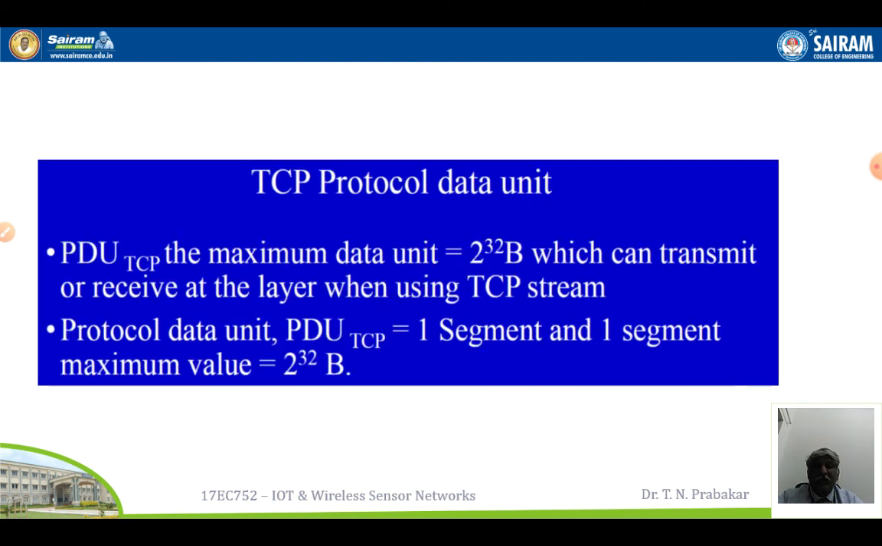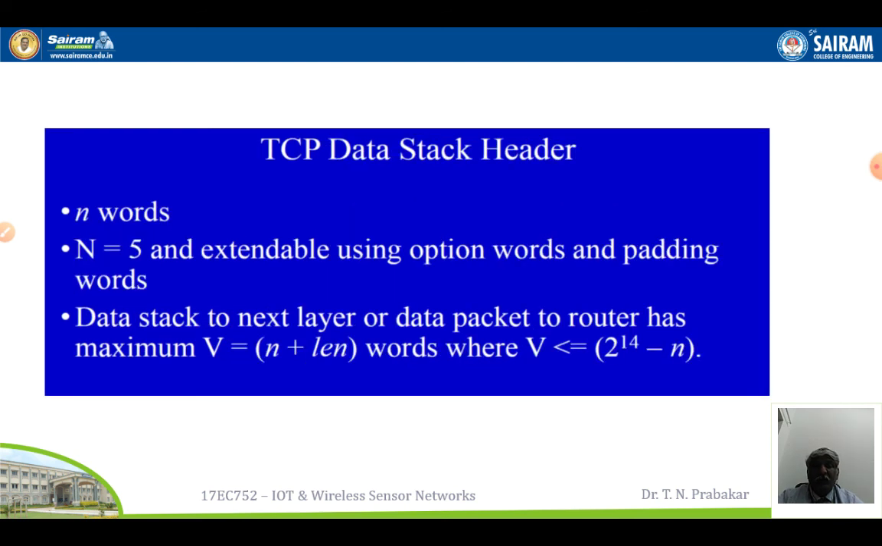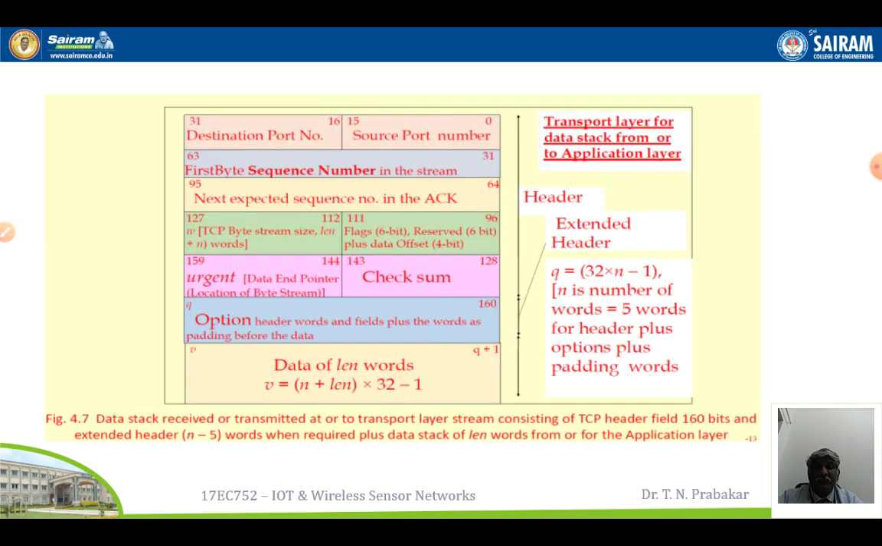And for the TCP protocol data unit, PDU, the maximum data unit is 2 power 32 bytes, which can be transmitted or received at the layer when using a TCP stream. The PDU of TCP is a maximum of one segment, and one segment has a maximum value of 2 power 32 bytes. The data stack header consists of n words, normally n equal to 5, and can be extended by options. Already we have seen the header structure of TCP, and this is